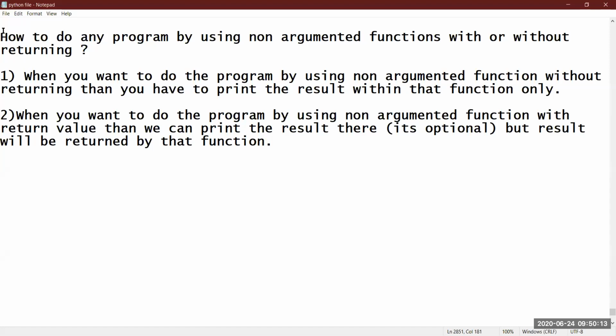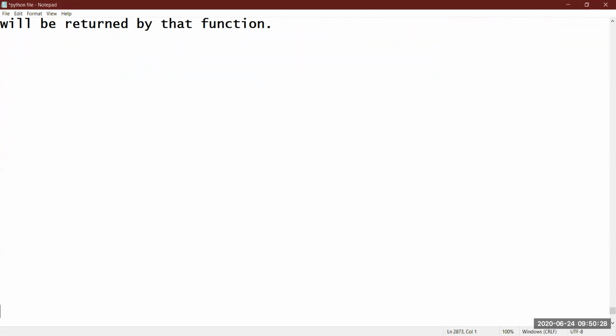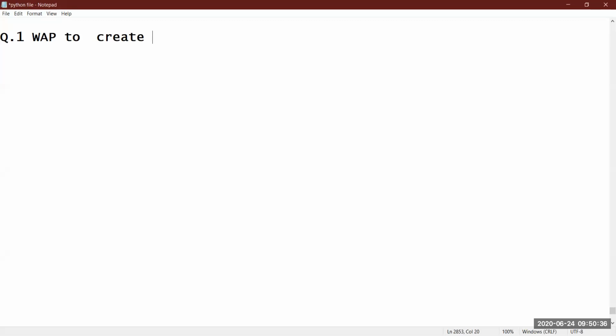Now you will understand in a very easy manner what exactly I want to convey. So I will do 2 simple questions by non-argumented function with or without return value. Then you will be able to do any kind of question by using non-argumented function. Fine. Let's do one question.